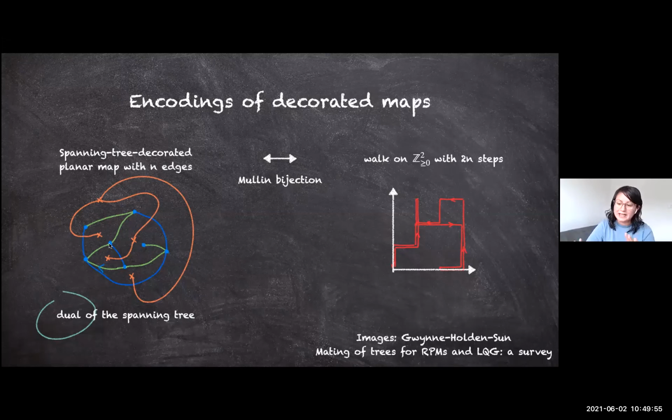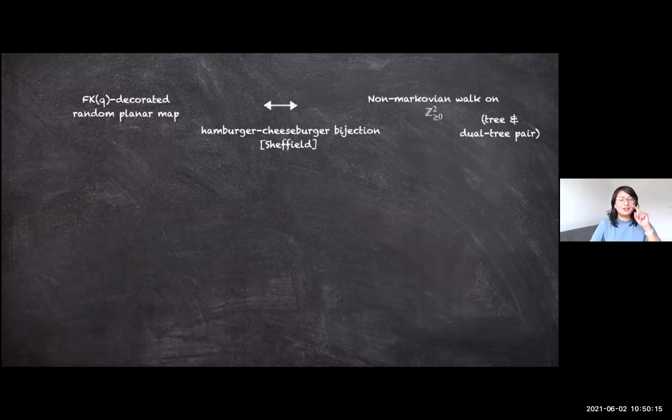But here, the main idea that I want to emphasize is that the main ingredient is these 2 trees, the spanning tree and its dual, and that we encode both by taking the Peano curve between them. So this is the Mullin bijection. The next step in our journey is that now we go to a little bit more complicated and interesting